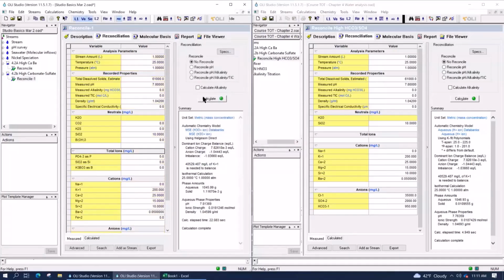Okay, good. Now, the first thing you're going to look at once it's done is how it reconciled, right? And you're going to notice that the software says, well, in this case, the dominant ion was potassium because there was no sodium measured. So here's an example where you can say, well, is that actually accurate? Or was the sodium assumed based upon the chloride charge? Now, we did this example purposely to make the point that when you choose the dominant ion, it's going to take the highest concentration and add it.